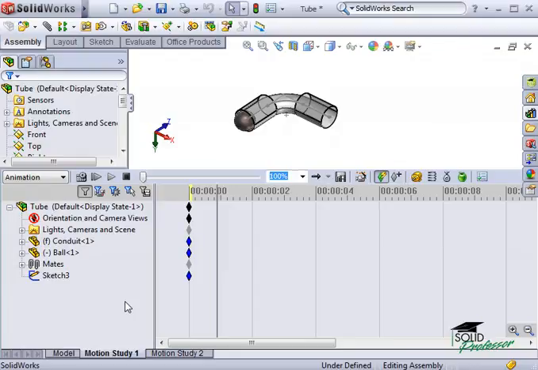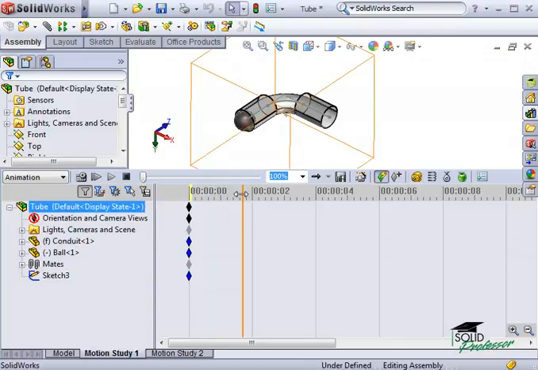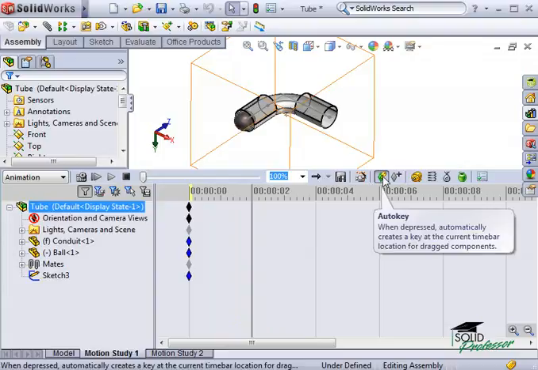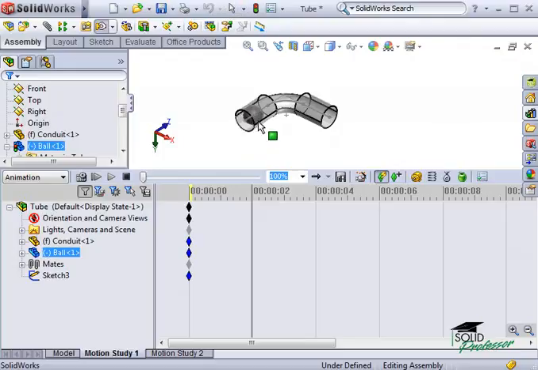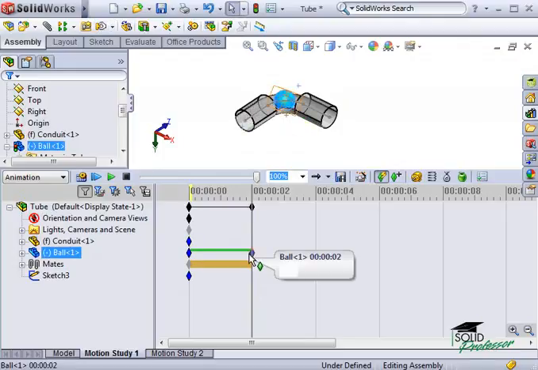In this case, I want to create a key that positions the ball in the middle of the path when we're 2 seconds into the animation. To do this, I'll grab the animation playhead and move it to 2 seconds. Now, the easiest way to create a new key is by having this Auto Key button depressed. With it pressed, all I have to do is move the ball, and the new key is placed at the playhead at 2 seconds. The key is telling SOLIDWORKS I want the ball to be at this position graphically at